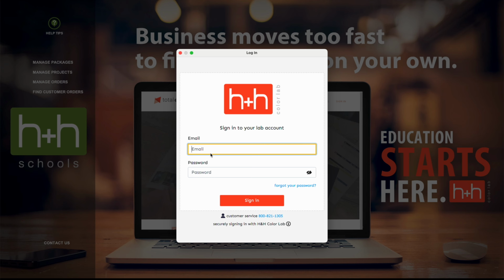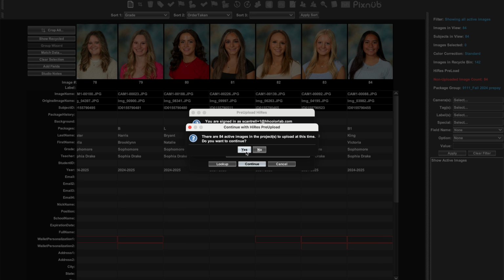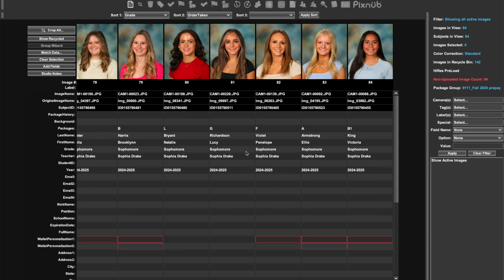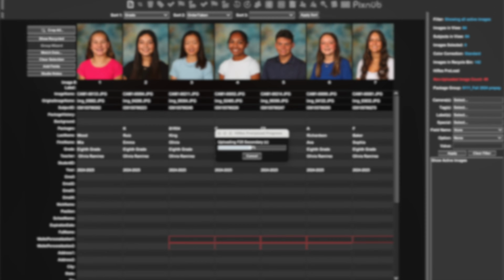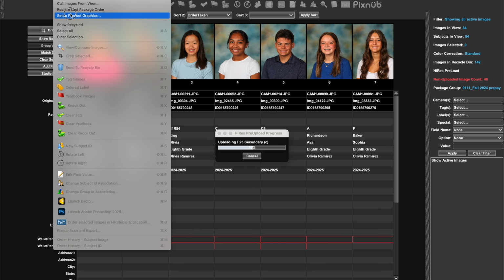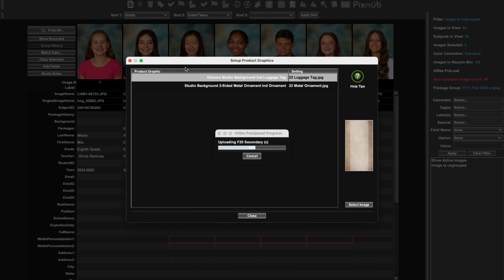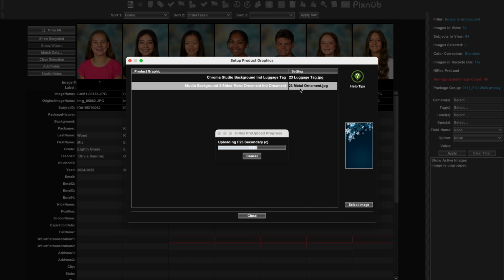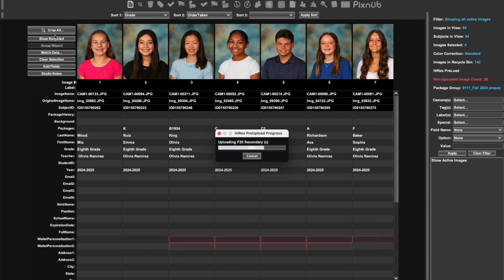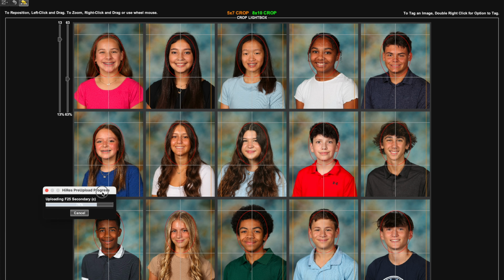Once you finish through that, then it's time to start preloading those images. So what we can do is we can send those images off to the lab to start any color correction and knockouts that are needed for those images while you're still finishing up the details. After that, we're going to bring in any studio background supplied graphics. So in this case, we've got a couple for some luggage tags and some ornaments. Once those are applied, and you can change that by team or by group if you wanted to,